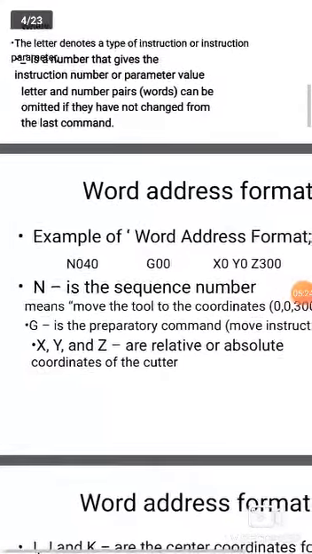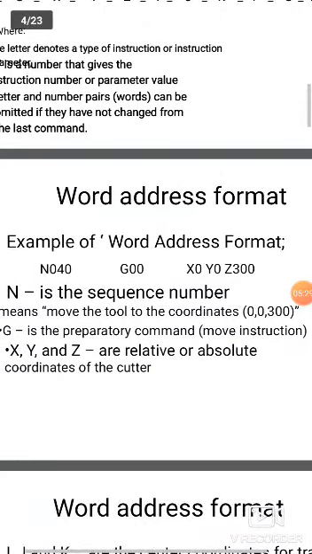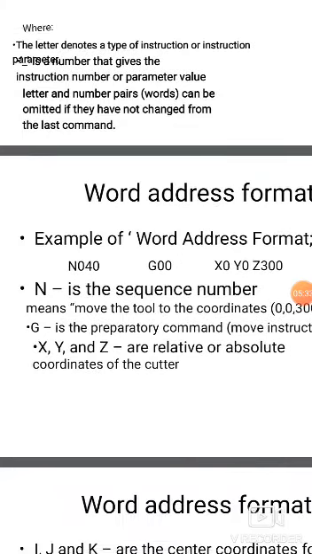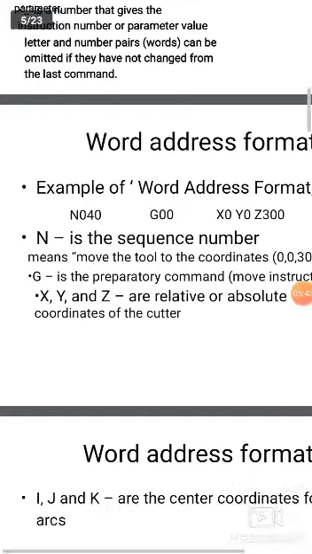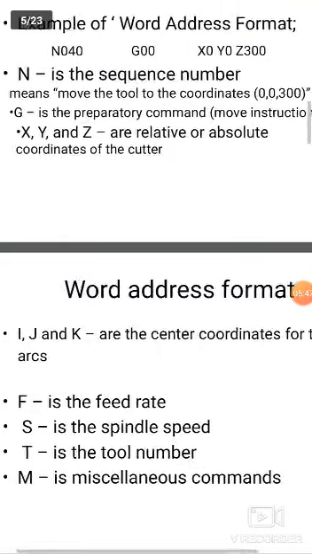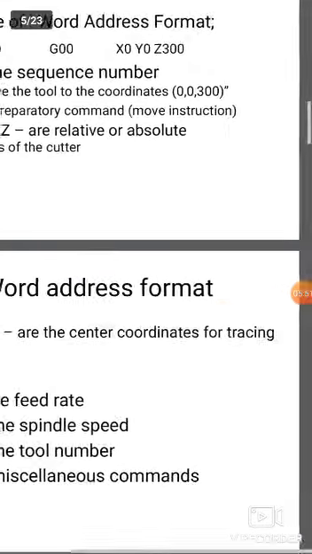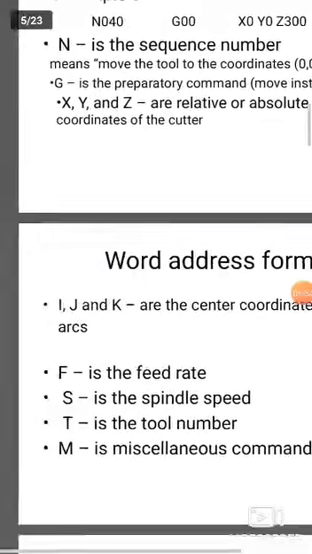Next, G is the preparatory command, meaning a moving instruction. X, Y, Z are relative or absolute coordinates of the cutter. I, J, K we use for center coordinates for tracing arcs.